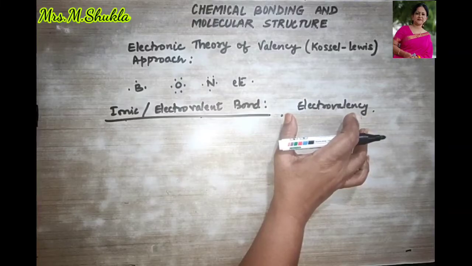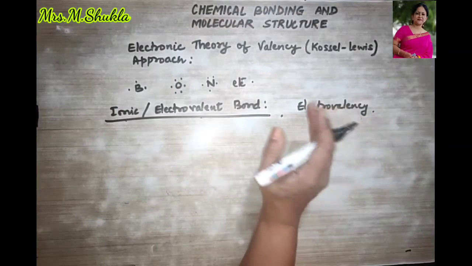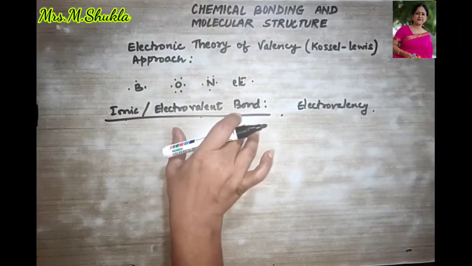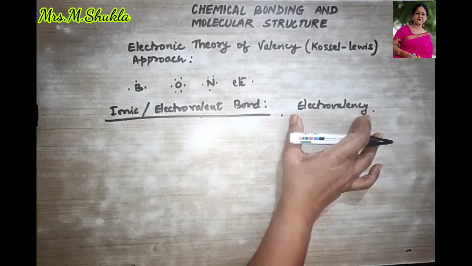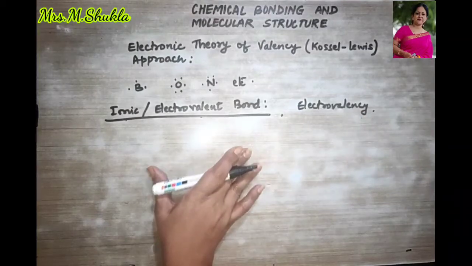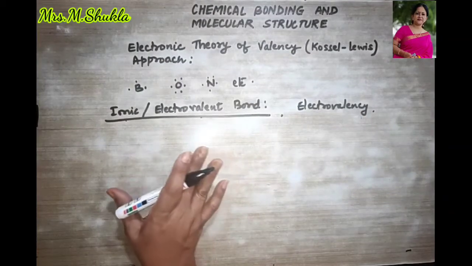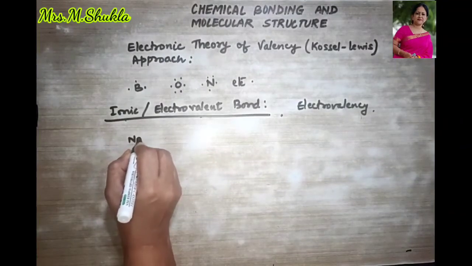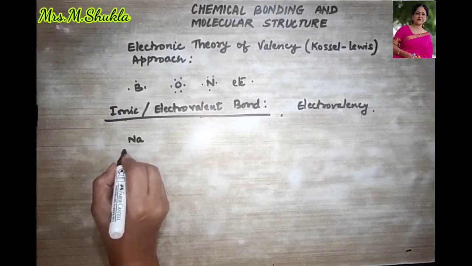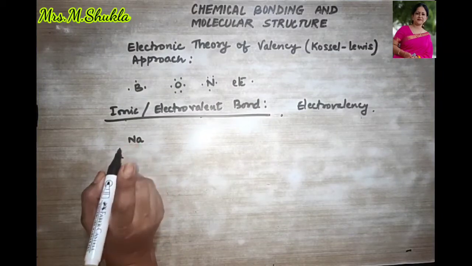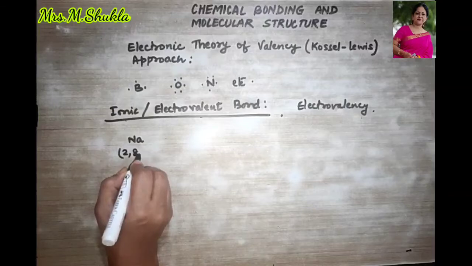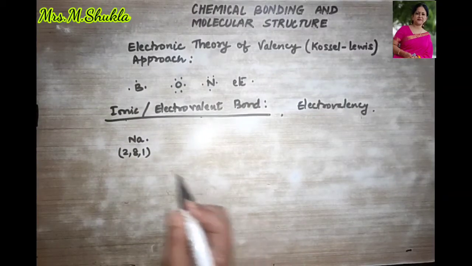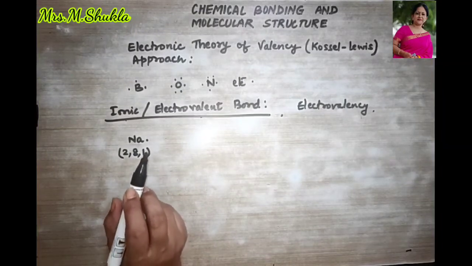The number of electrons which an atom loses or gains while forming this ionic bond or electrovalent bond, they are termed as electrovalency. Now I am going to give you only a few examples, because I know you have already done this before. Suppose we take the simplest of all the examples, like sodium. Now you already know that the atomic number is how much? 11. So how do we configure? 2, 8, 1. So what should be the symbol of sodium over here? Lewis symbol, Na with 1 dot, right?